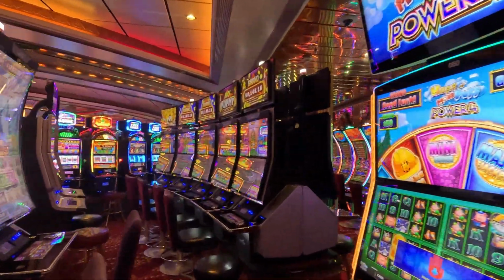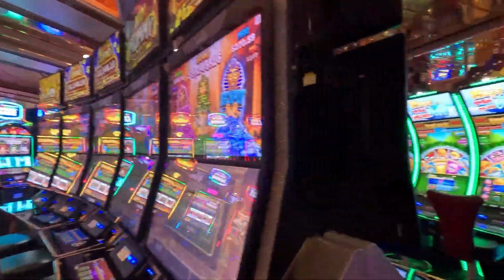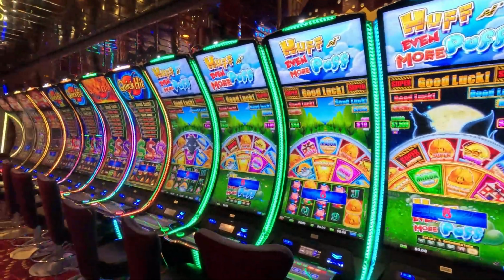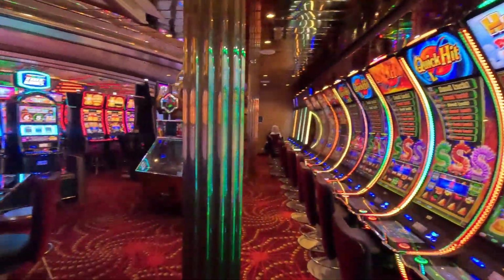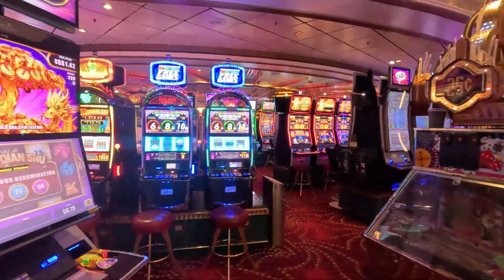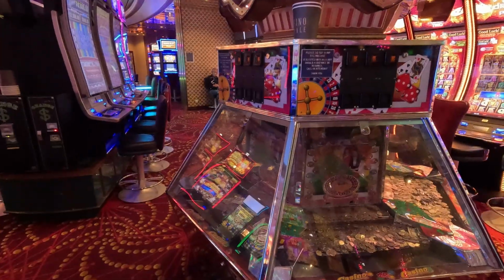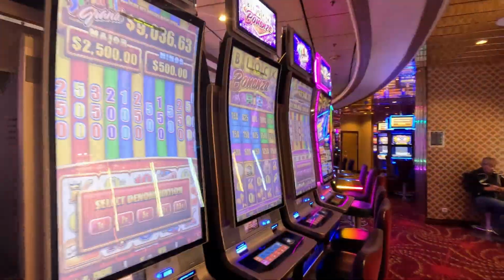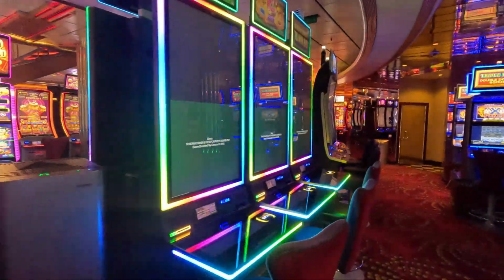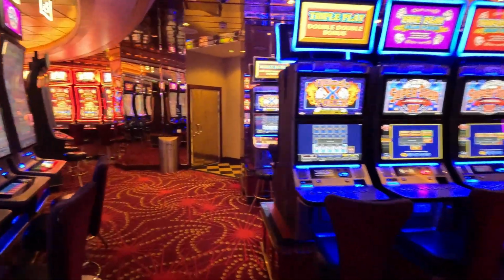On the left, Buffalo, Triple Power, Timberwolf, Triple Power, Mo Mummy, and more Lightning Link. Tall Fortunes, Huff and Puff, Even More Puff, Quick Hit, Yao Qian Shu, Red Hot Tamales, Triple Double Diamond, Coin Pusher Machines, Block Bonanza, Spin It Grand, Wonder 4 Boost, Ultimate X Poker and Super Poker 2,